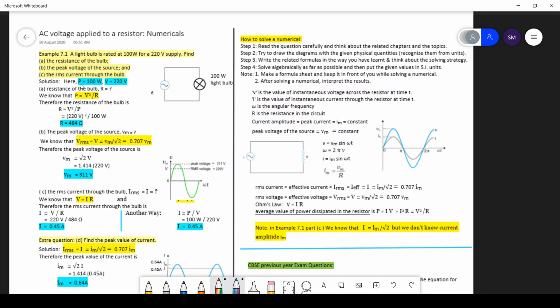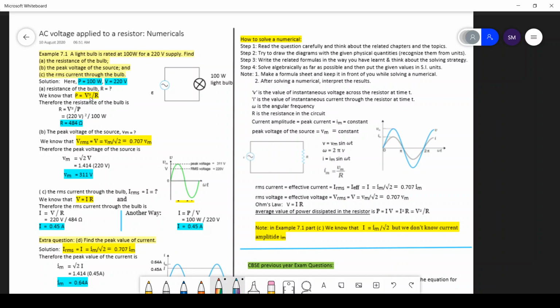First of all we have to write what is given to us. So power, see, we have to identify the physical quantity from the units. So watt is the unit of power and volts is the unit of voltage, or you can say potential difference, and we need to find the resistance. So these are the three variables which are involved. So which formula involves these three variables? That formula is of power.